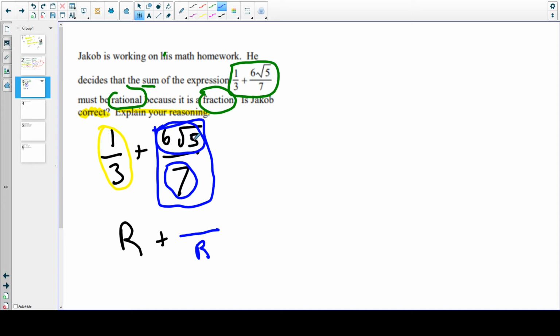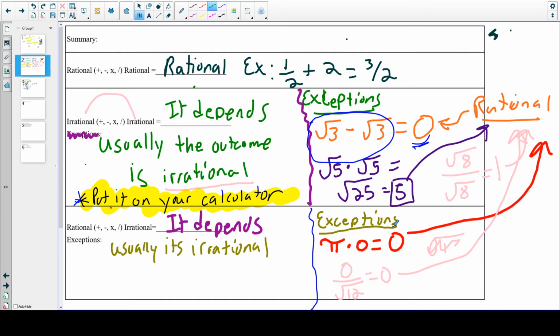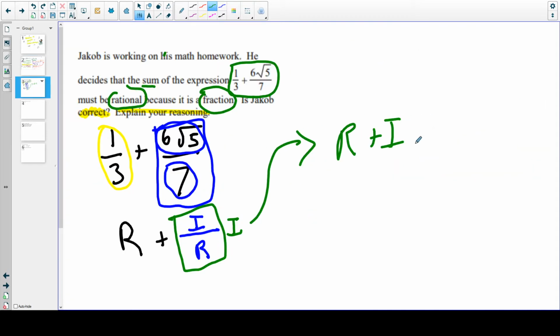Well, the square root of 5 is irrational, 6 is rational, and when you multiply them together, you still get an irrational number. Okay? Let's break this down even further. An irrational divided by a rational is going to be irrational. So we're left with this: a rational plus an irrational. And if we go back to our previous screen, we really didn't have any exceptions for that. But if you really wanted to, you could put this on your calculator and you'll see it's clearly an irrational number. And really the main answer that you want to write, because it does say explain,